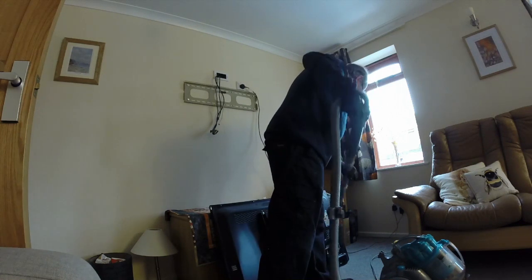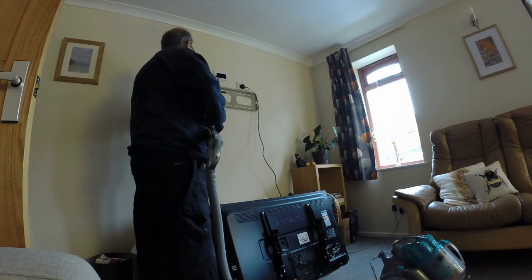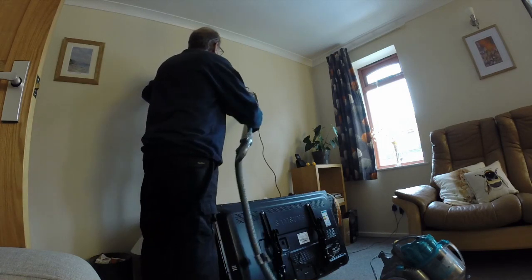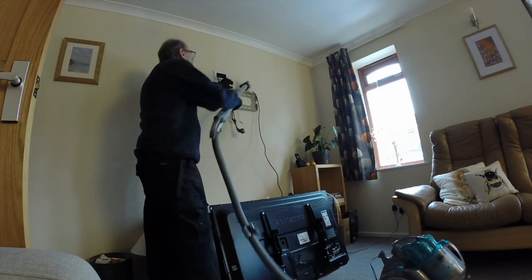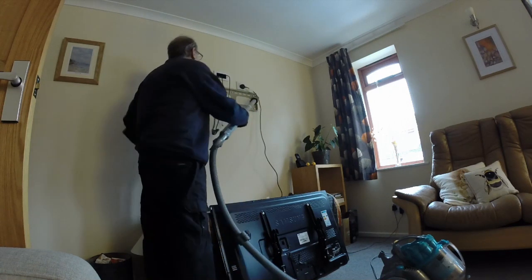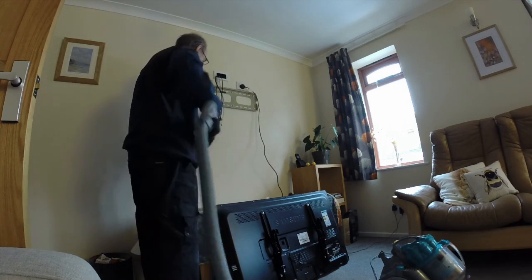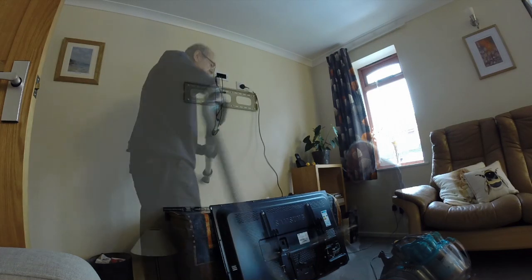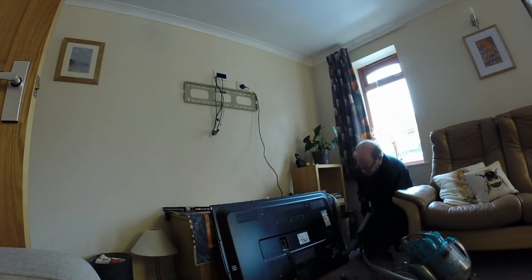A couple of bends on each end and a couple of little outlets with a draft excluding type thing that you can push the cable through, and it's given me an upgradable way of getting cables up and down without too much problem. It's a huge sort of duct, about 4 inches wide by 1.5 to 2 inches deep, so there shouldn't be any problem getting cables